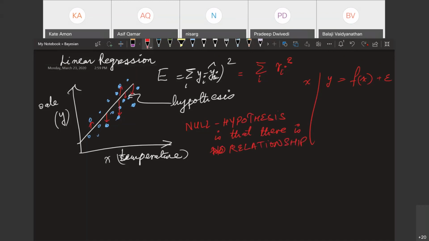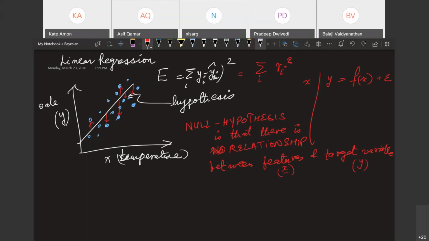Relationship between features and target variable. Right? Features X and target variable Y. There is no relationship at all. So if there is no relationship, what is the best Y that you can predict? What would be the Y value that you would like to predict? You say there is no relationship. So what is the best I can do in predicting the value of Y? Anybody would like to guess?